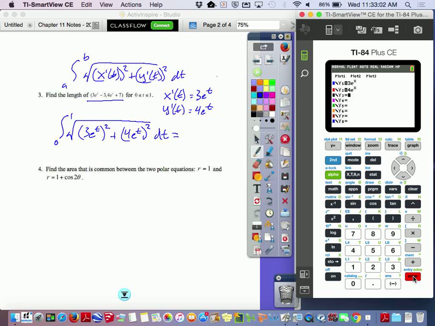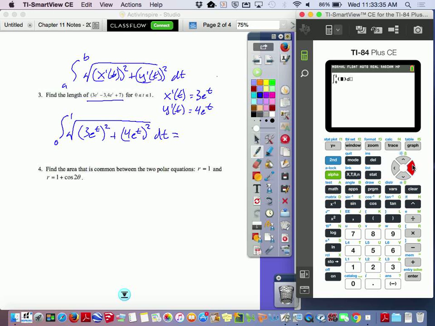And now, go back out to my home screen. I'll do math 9, do the integral from 0 to 1, and then I'll bring up the square root. Whoa, what did I just do? Sorry everybody, let me just make a little correction here. Okay, back to this. So 0 to 1,